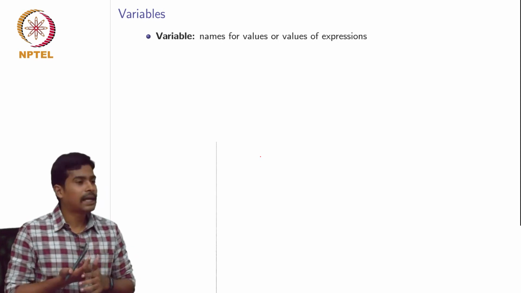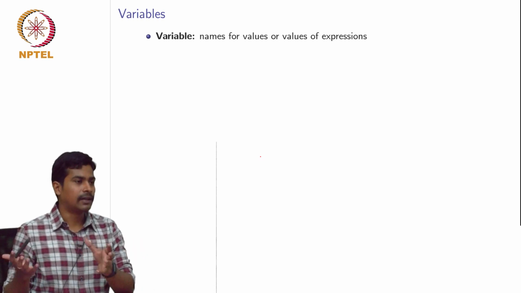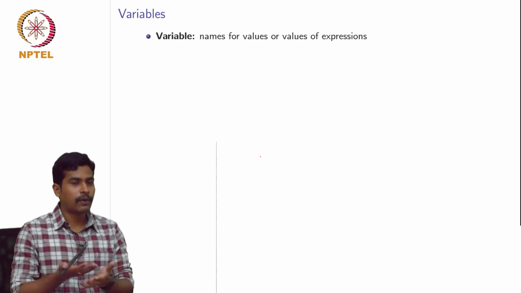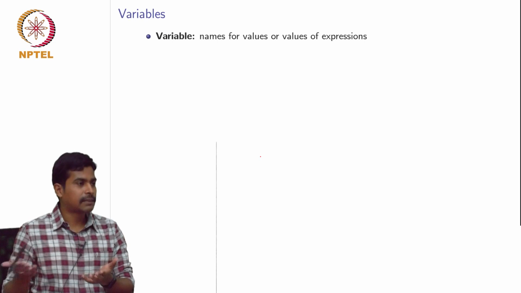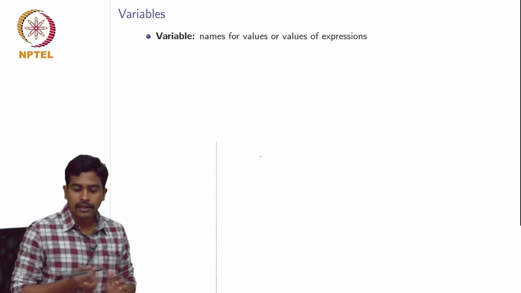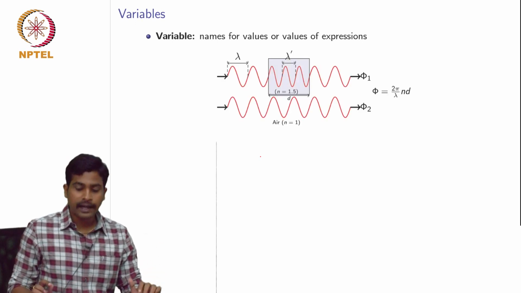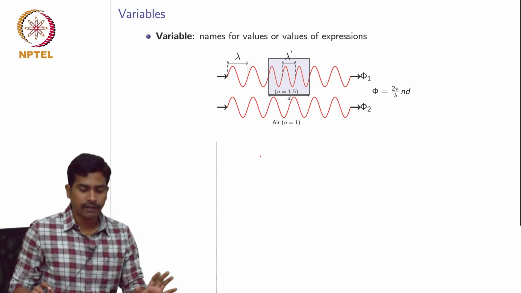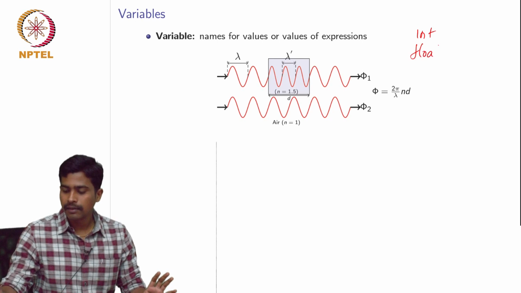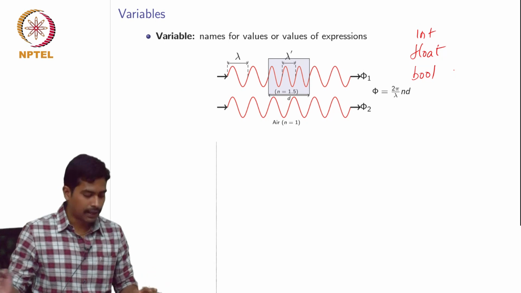In any programming language, you should have a variable type to store a particular data value. For example, you can store an integer, you can store a float value. Float values have decimal parts. Integers don't have decimal parts, but floats do. So you need variables to store these values. In Python, we have 3 types of variables, which are integers (ints), floats, and boolean variables. Boolean means true or false, it has only 2 values.